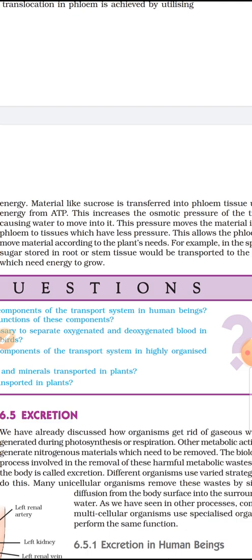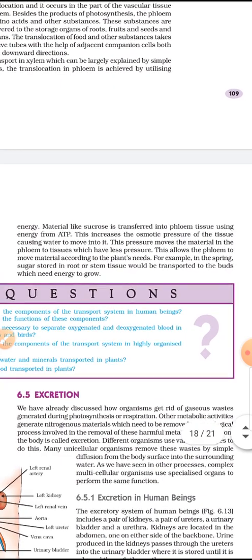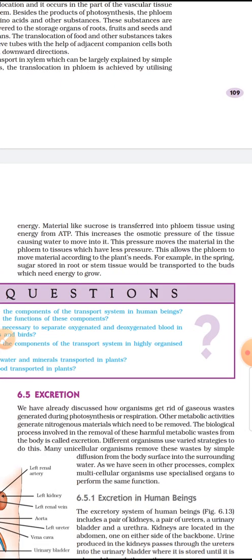Okay, and where will it go? It will go where the pressure is less. Okay, and like this they will move upward or whatever direction it may be. This allows the phloem to move material according to the plant's need. For example, in the spring, sugar stored in roots or stem tissues should be transported to the buds which need